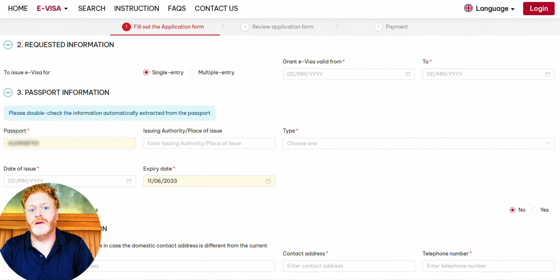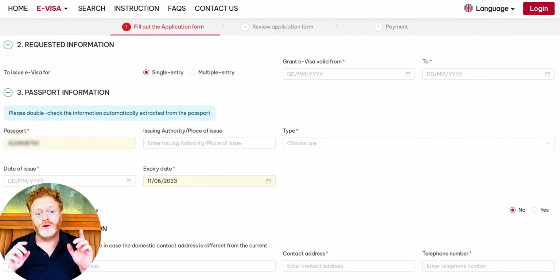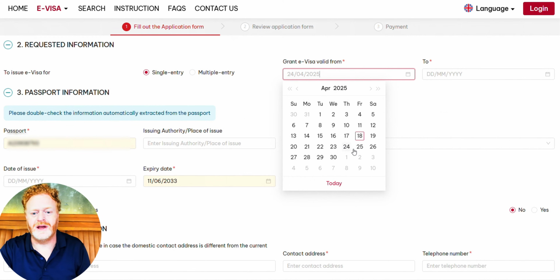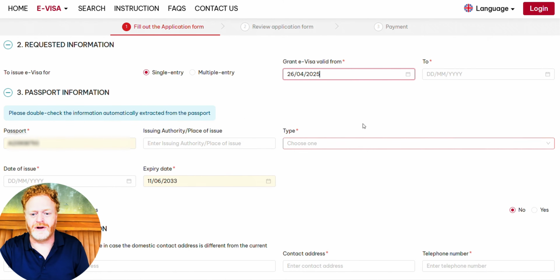Okay, so here you have multiple options. Within 90 days, you can get a single entry visa, which allows you to come in and stay for up to 90 days and then leave. That is $25. Or you can do a multiple entry visa, which allows you to go back and forth within that 90 days. It's $50. I'm going to do single entry, like I always do, and my visa is going to be valid from